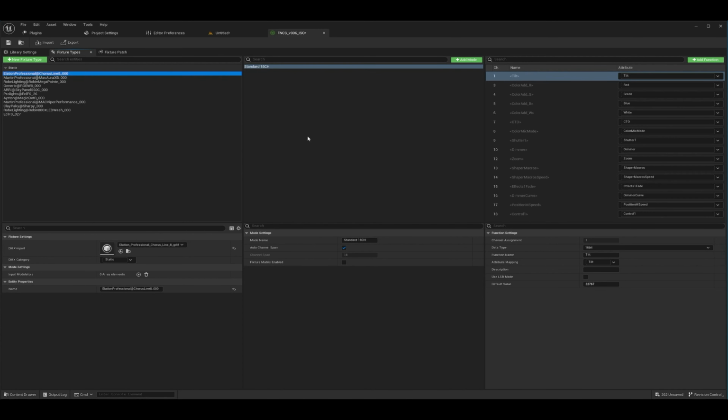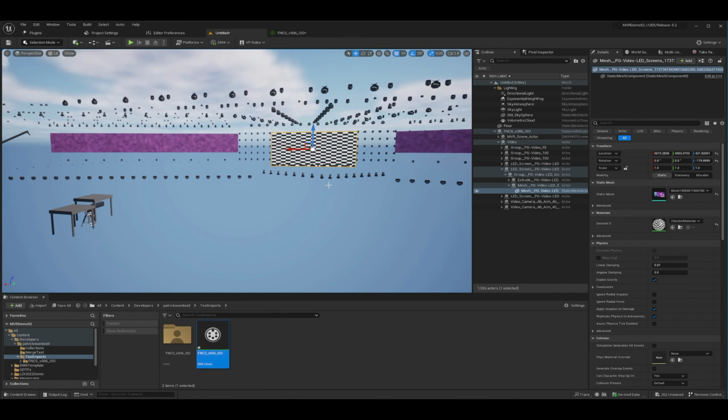So if I wanted to make a couple of little changes to the patch and export it again over to MA, I totally have the ability to do that. Or vice versa, if they wanted to make some changes, I could import it back in here as well. So next we'll take a look at the MVR scene actor.